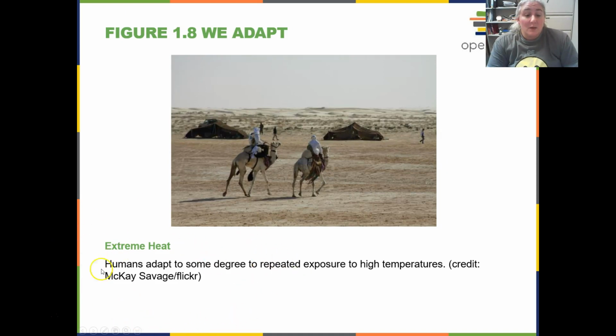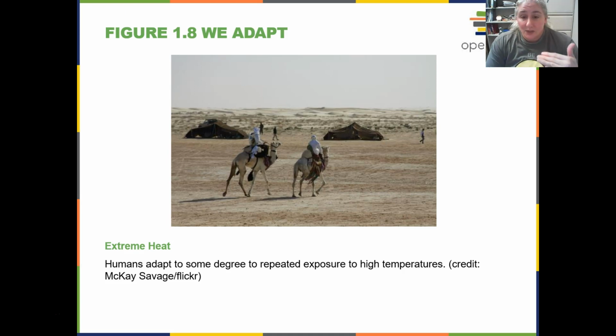Humans are also highly adaptable. Now, I say adaptable, we adapt. The adaptations that we tend to think about are called microadaptations. A true adaptation is on the genetic level, so it's in our genes. But we do adapt to changing temperatures. So an example of adaptation to changing temperatures,